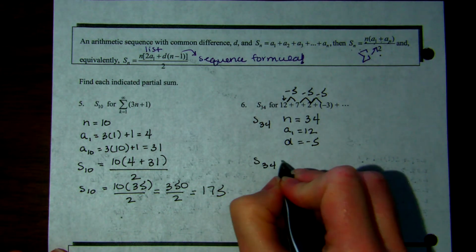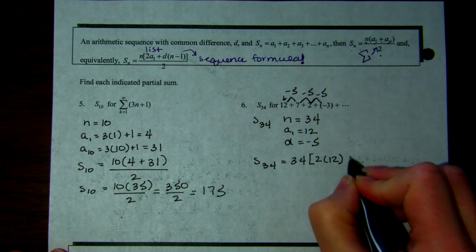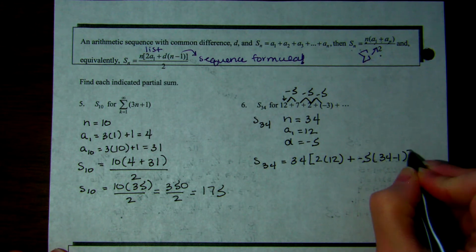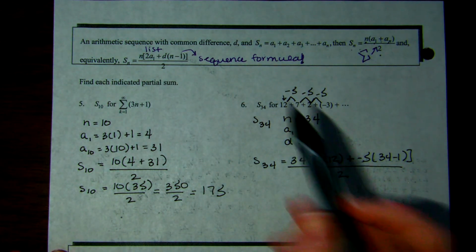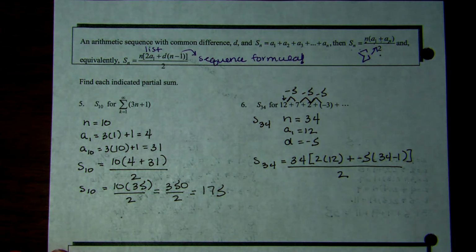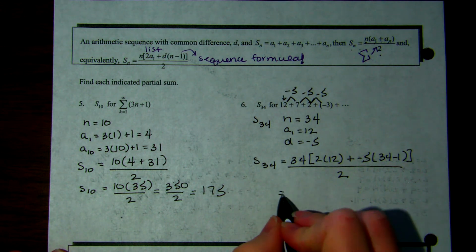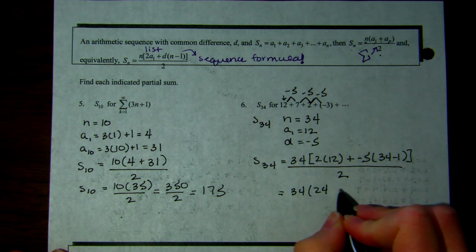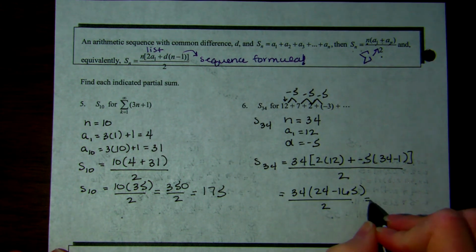So the sum at 34 is equal to 34 times 2 times 12 plus the common difference of -5 times 34 minus 1, all over 2. And that looks like a big old complicated formula, but it really isn't, guys. We're just plugging in values here, okay? And you are again absolutely permitted to throw this into a calculator and calculate that value. This is 34 times 24 minus 165, over 2, and it's the whole thing over 2. And when you calculate that,